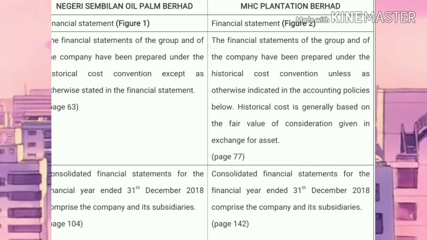Next, these two companies also show that these financial statements are for the group and company reports. And lastly, these two companies' consolidated financial statements have a financial year ended on the same date, which is 31st